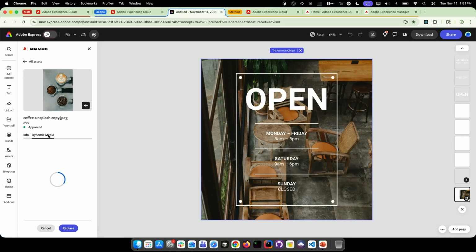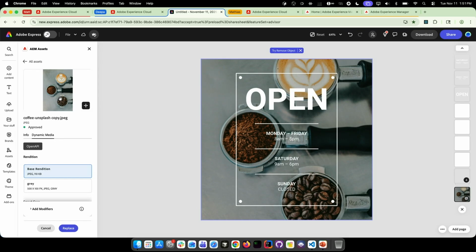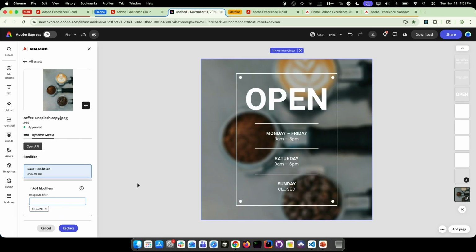Again, let's go into dynamic media and try to bring the web-optimized rendition for this asset. See the huge benefit which you get in terms of the size without compromising on the limit, without compromising on the quality of the image. Let's quickly make this asset more suitable as a background by applying the image modifiers, which is a feature that dynamic media provides. And he's ready to go within no time. Just like we could skip the size limitation, dynamic media helps you skip any format-related limitations as well. Coming back to the slides,